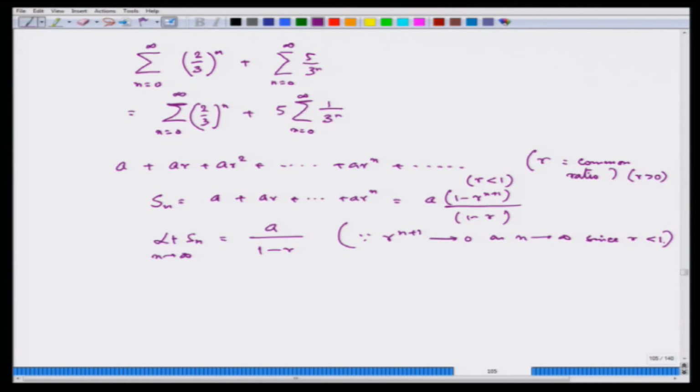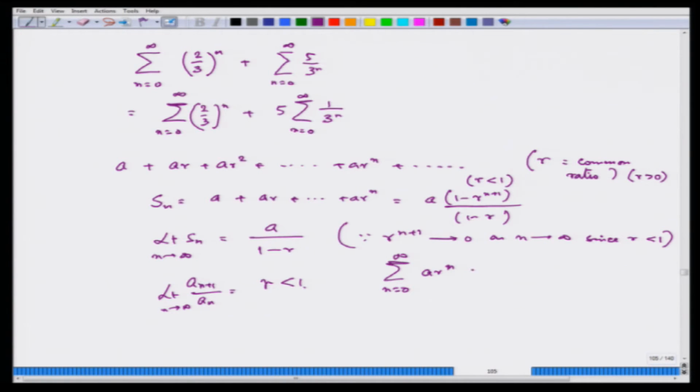You can also use this in this particular case, where if A is a positive term. Here we are really not bothering about A being a positive term, but if you consider A also to be a positive term, then you can actually do the ratio test, because A(n+1) by An here is nothing but r, and if you take the limit as n tends to infinity, this is also going to give you r, and r is strictly less than 1. So you can guarantee that it converges, but here you know that the summation from n equal to 0 to infinity of ar^n